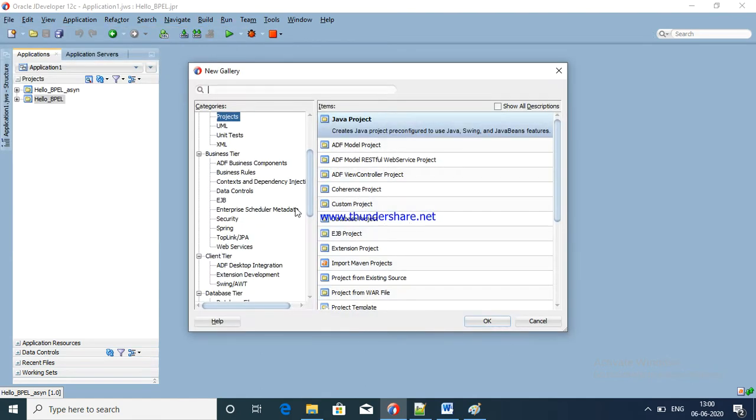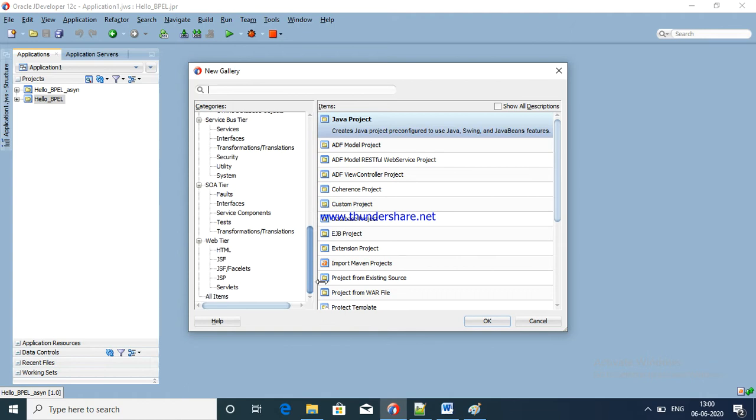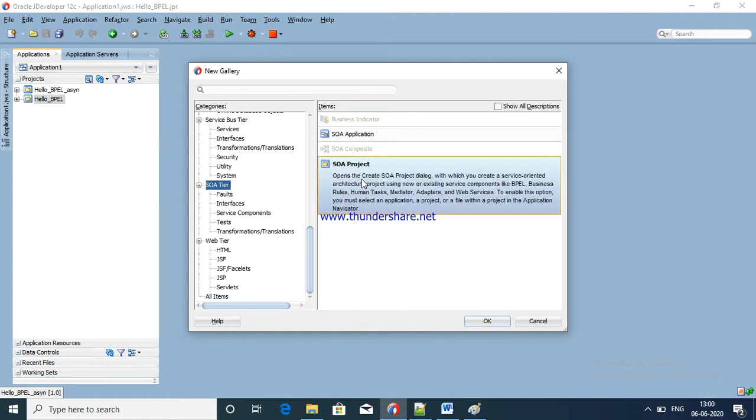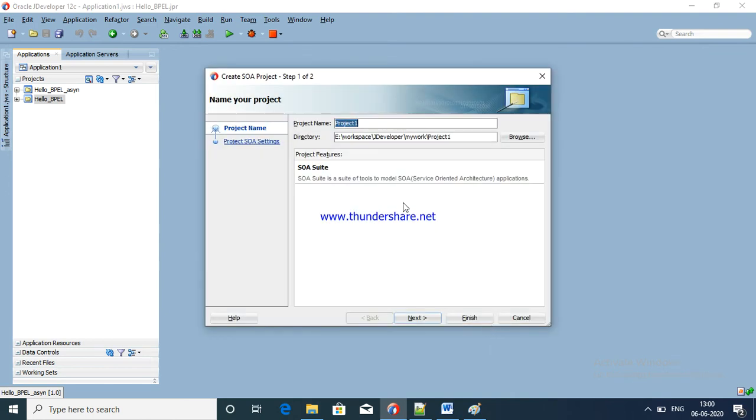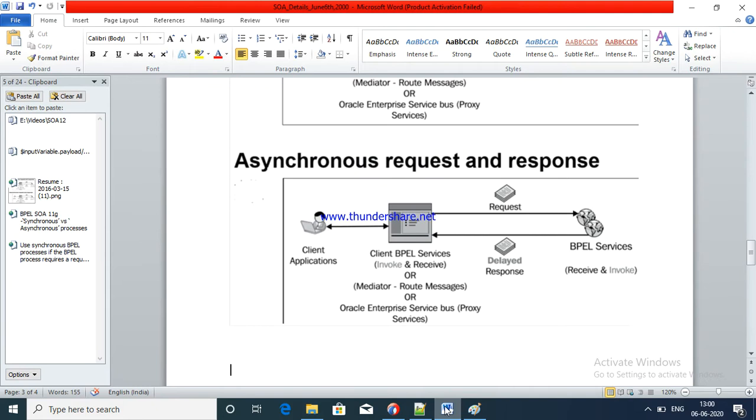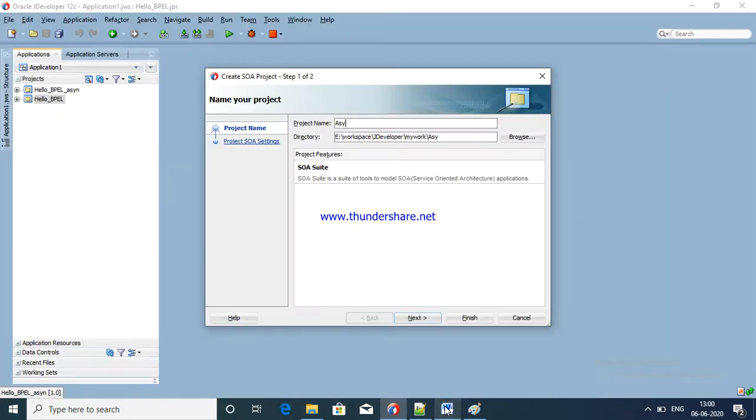See here, go SOA. I am selecting a SOA project. Here just give the name. Synchronous. I am going to see synchronous and asynchronous. First I am going to explain synchronous. Hello, synchronous program.